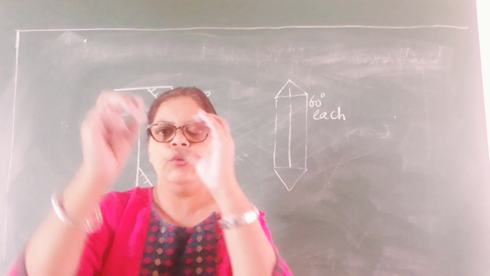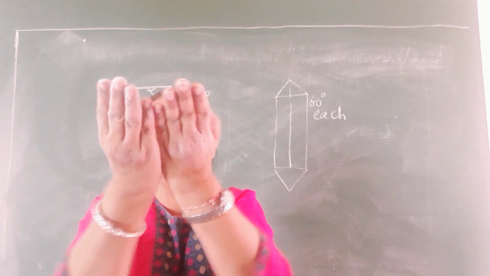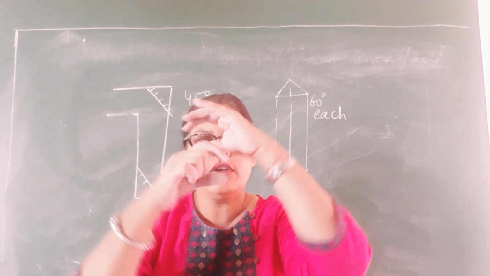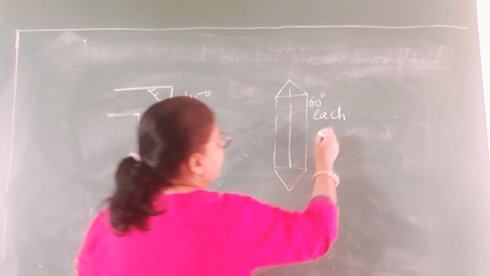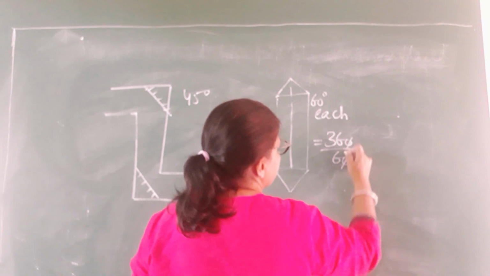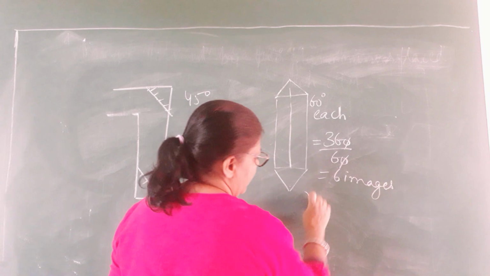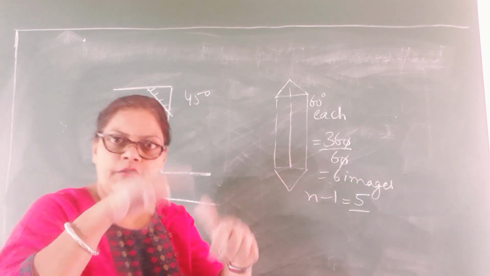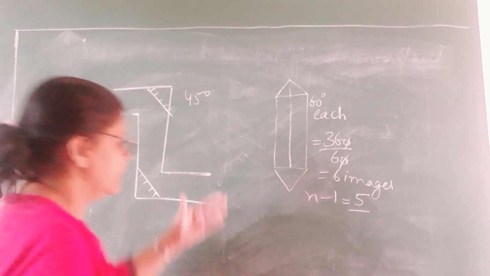You rotate it, you put some bangles. There are two plane mirrors and the third one down, and they join the plane mirrors and put some bangles. It's like a box. You turn it and multiple images are formed. If you calculate, it is 360 upon 60, and that is 6 images. But exactly, I told you it will be n minus 1, that is the number of images will be 5. Five images formed inside give a beautiful pattern, and it's a toy.